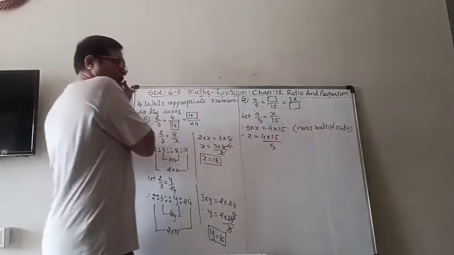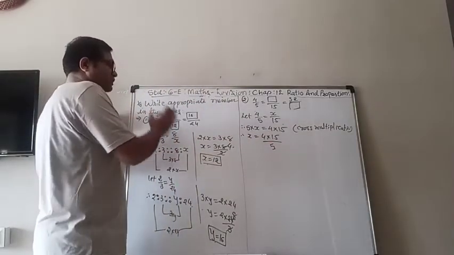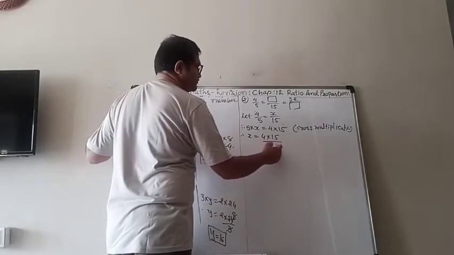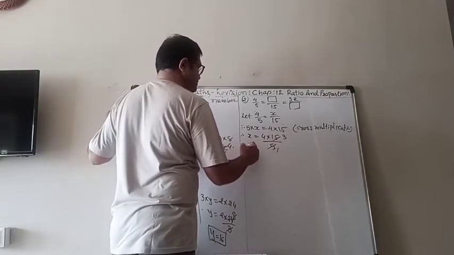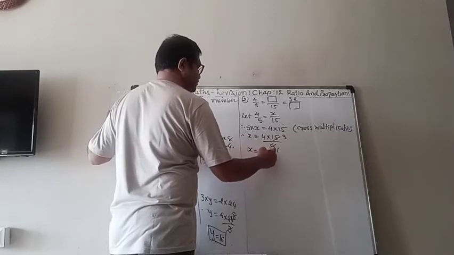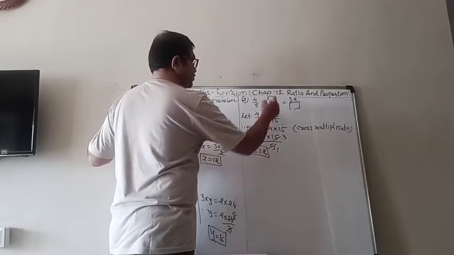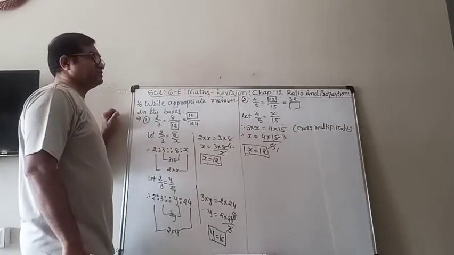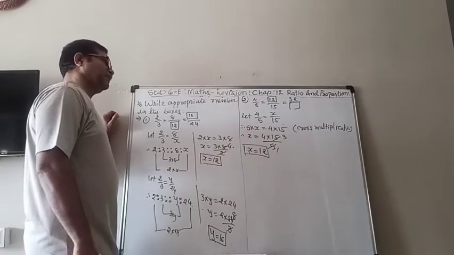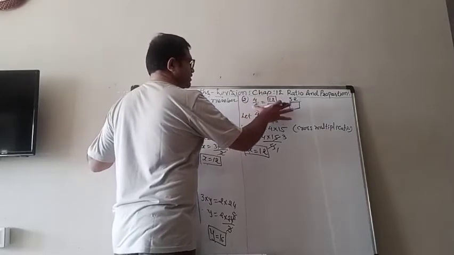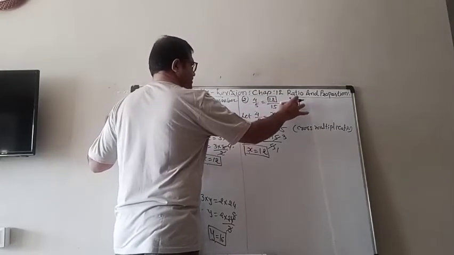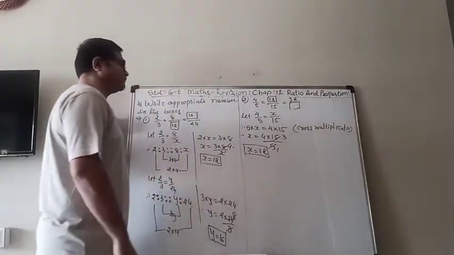So there is also a simple way, or this one, whatever you think is easier for you, you will use it. 5 ones are 5, 5 threes are 15. So we get x is equal to 12. So in the first box we get the answer 12. Now let's take this one and this one. You can take these two also, but here the smaller numbers are there, so it will be easier for us.